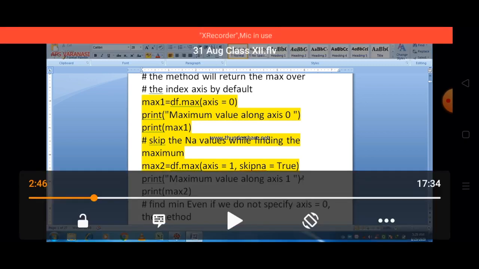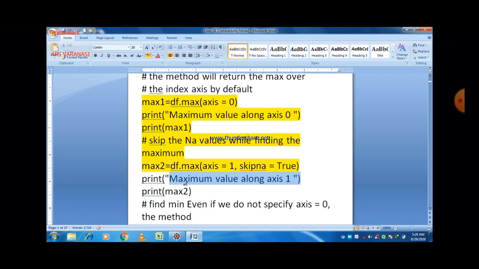And then there is a print statement which basically finds out the maximum value along x is 1, print max2.